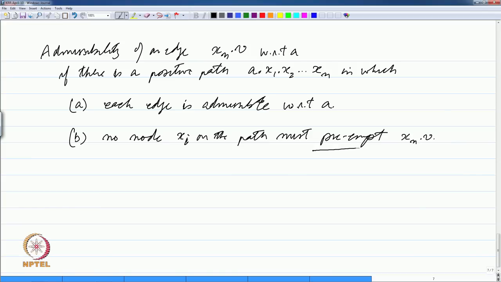And what do we mean by this? There should be no edge, or the following edge is not present, x i dot not v should not belong to the